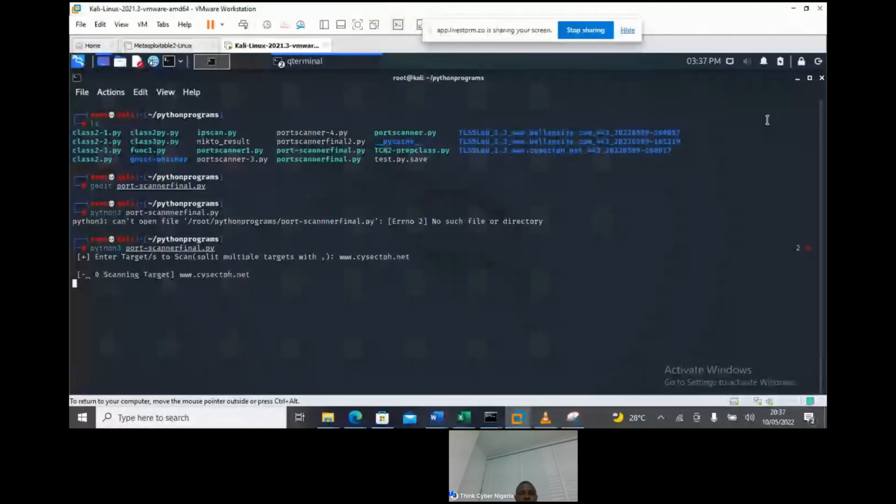Okay, this is scanning. So let's see what you are able to generate.